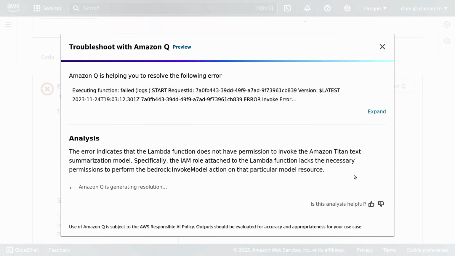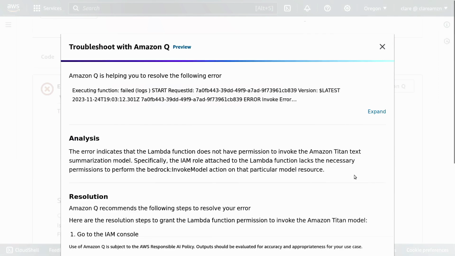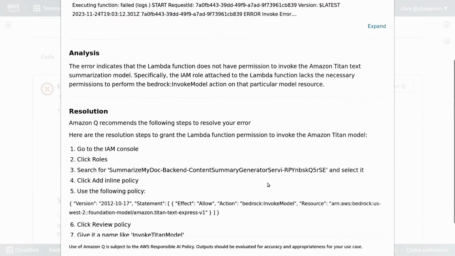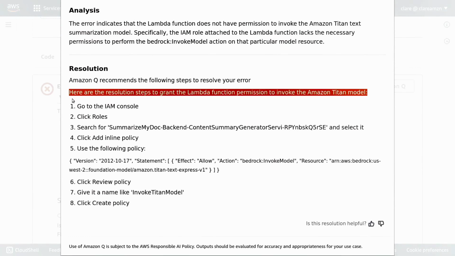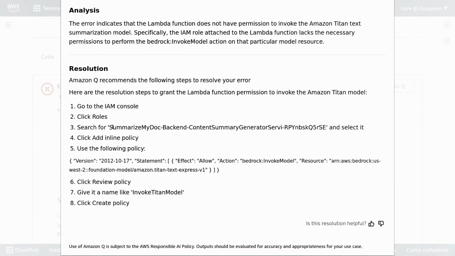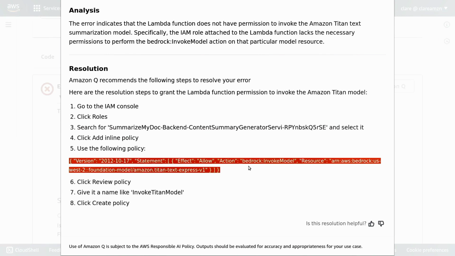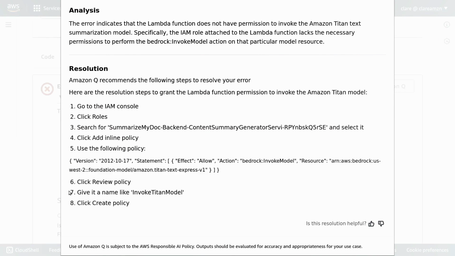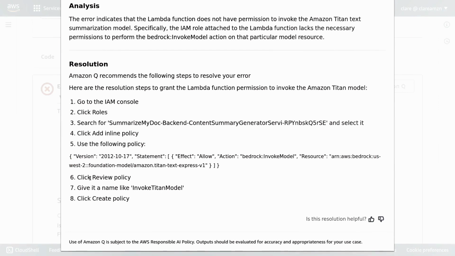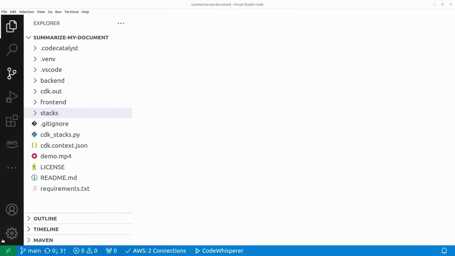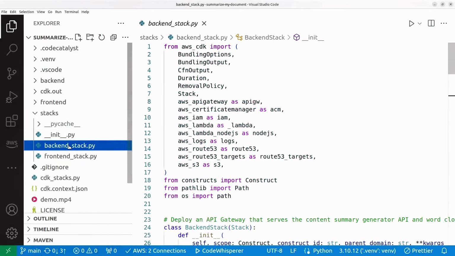And then Q spends the time to look at what's going on, what is the error message, what happened, and then it comes back again, very similar to the feature development capability, with a plan and says, here are the things you need to go do. Follow these steps to fix your problem. Some of that might be something you do in the console. Some of that might be something you have to do in your code. So in this example, we're going to go into our Lambda function and make some changes in the code. And in this case, it's saying, hey, we have to add an allow action on, in this case, the Bedrock text generation model. So we have to go into the code and add that action.